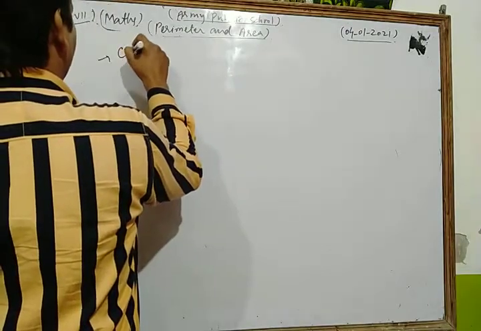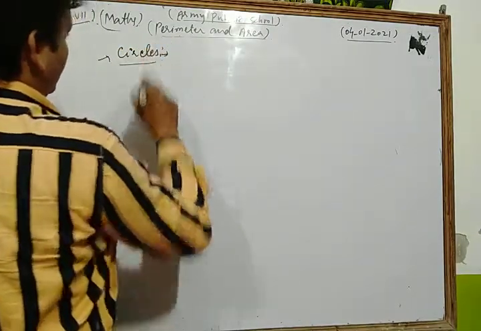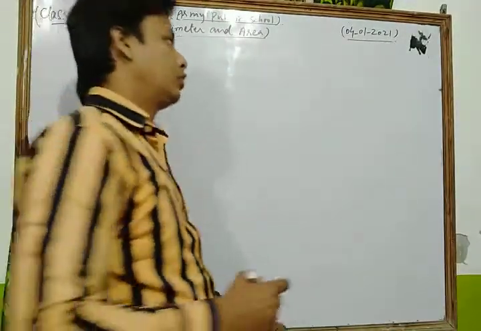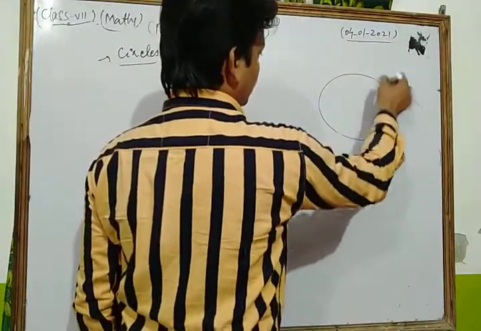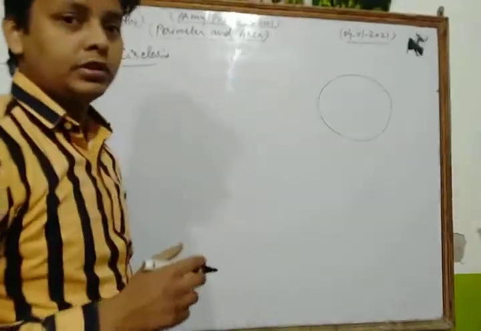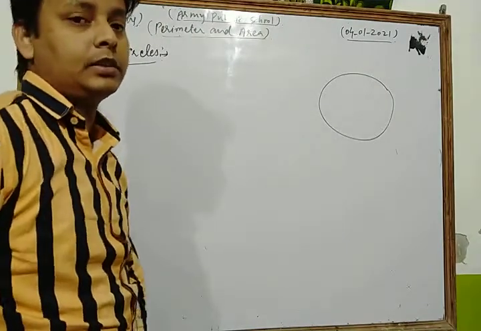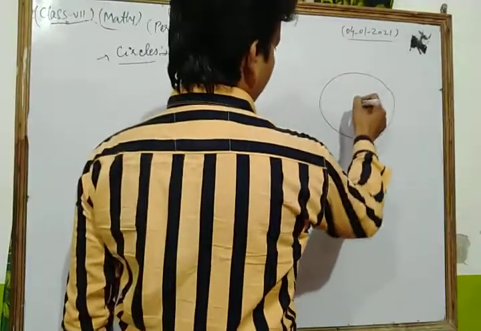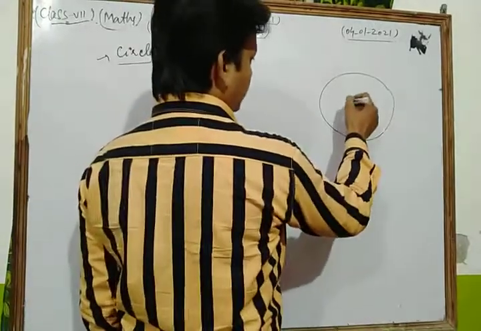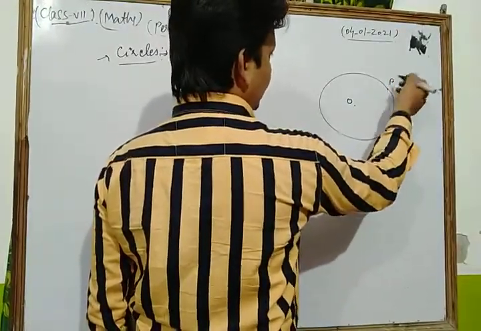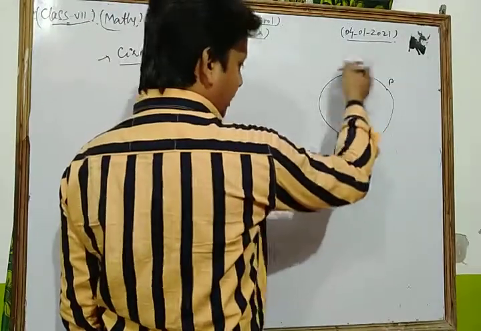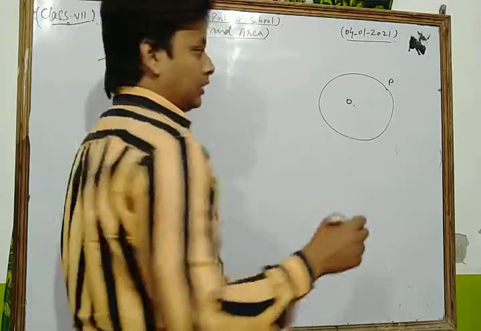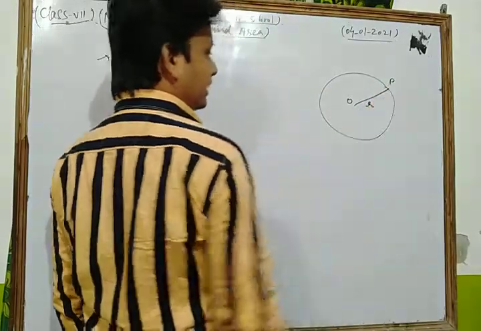Circles. Do you know what the concept of a circle is? A circle is a locus of a point, the path of a point in a plane in such a way that its distance from a given fixed point always remains constant. Suppose that O is the fixed point and P is any point on the circle. The path of that point with distance from a given fixed point always constant is said to be a circle. Now we join them, so this is known as the radius of the circle.